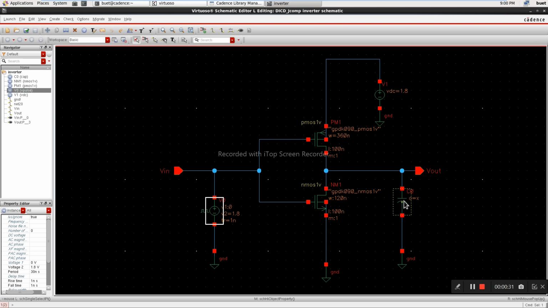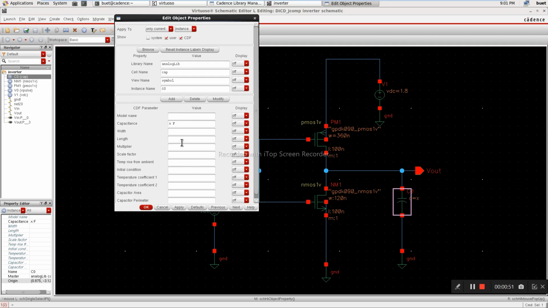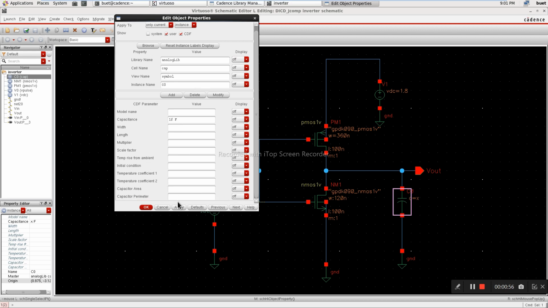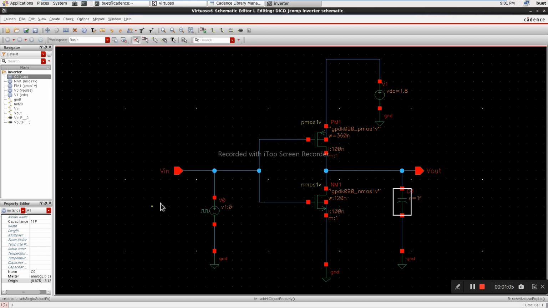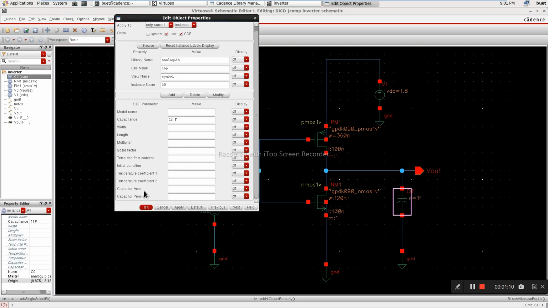Okay, then it's good. There are two cases, right? One is by varying the input slope, and the other case is by varying the output load. First we'll do the first case only. We'll keep the load fixed and try to vary the input slope. I'll give the load around 1 femtofarad. Why am I giving femtofarad? Because if I give pico or micro or nanofarad, the output signal will get degraded, so I've kept it in femto.